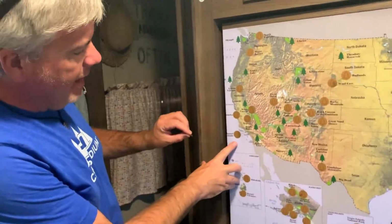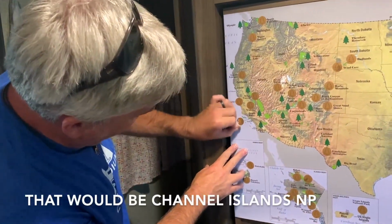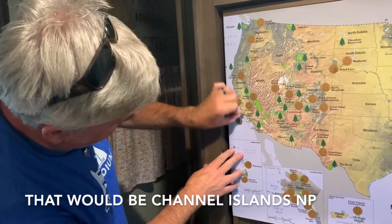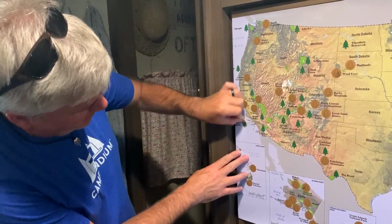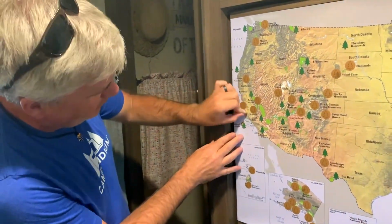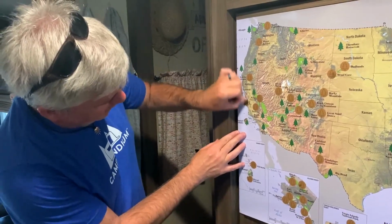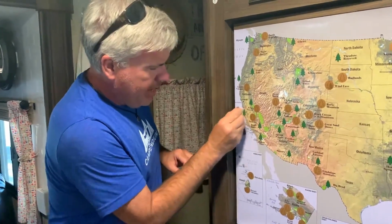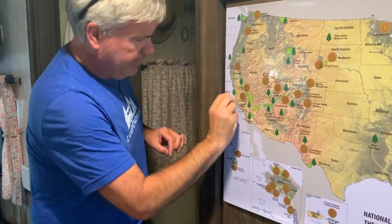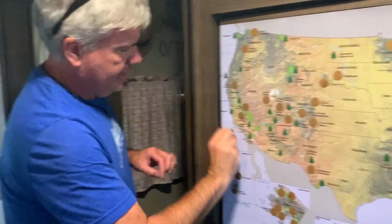We started out down at Malibu Beach as our base camp to visit Pinnacles National Park, where we saw dolphins, sea lions, and fish, and hiked and had a great time. And then we went up to Pinnacles, where we also did some amazing hiking and saw the California condors and learned what a pinnacle was. Well, we actually stayed in a national park. Yes. We haven't been able to do that too much this trip because we knew going in we weren't set up for boondocking. That's in our long-term plan, but...